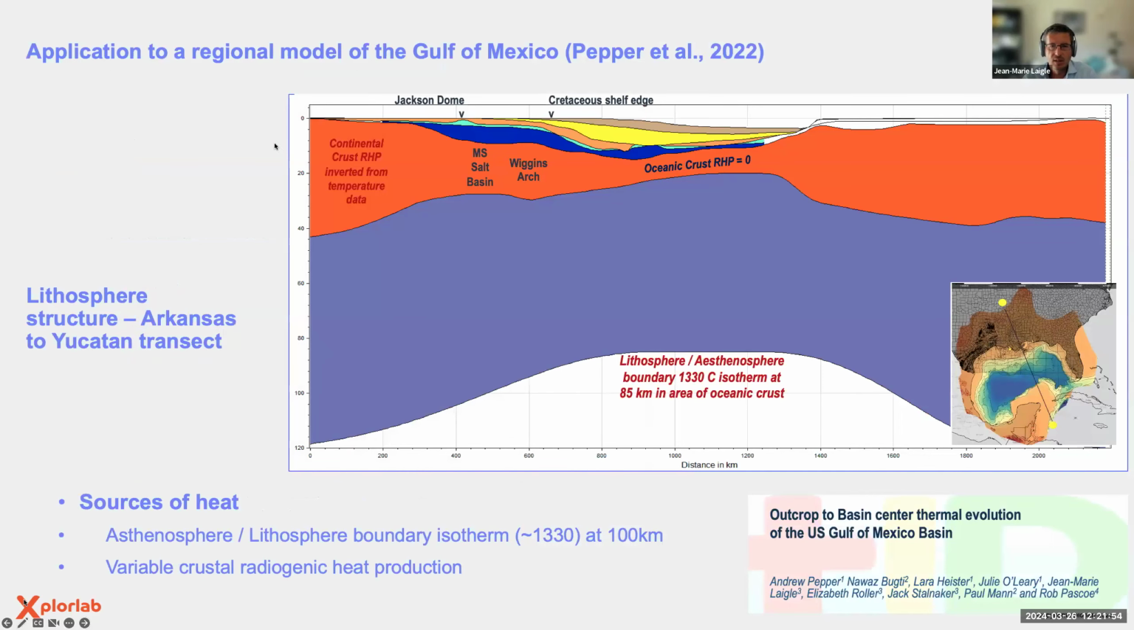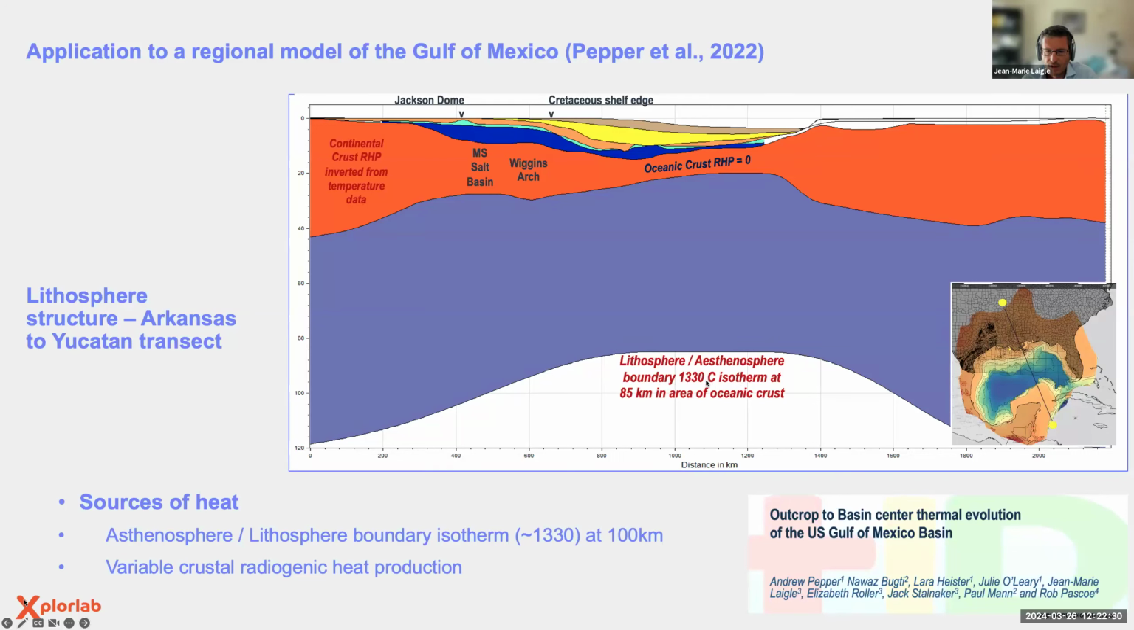Right. Going to show an application of this using a regional model of the Gulf of Mexico, which has been developed by Andy Pepper, 2022. This is a cross-section through the model from Arkansas to Mexico in the Yucatan. That's a very regional transect, 2,000 kilometers long. Showing here the full lithosphere. So this is a lithosphere-asthenosphere boundary